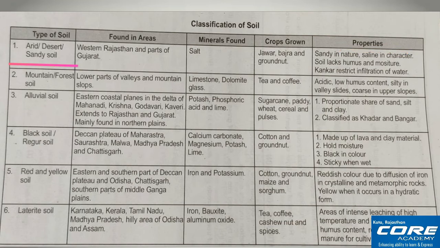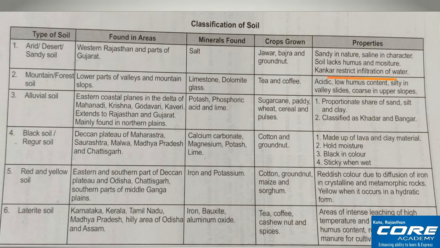So arid soil is also known as desert soil, and it is also known as sandy soil. It is basically found in western Rajasthan and parts of Gujarat, and the mineral which is found here is salt. You can see in the image which is visible to you. Now which type of crops are grown over this area. So crops are grown like jowar, bajra and groundnut, and here the properties we are getting,